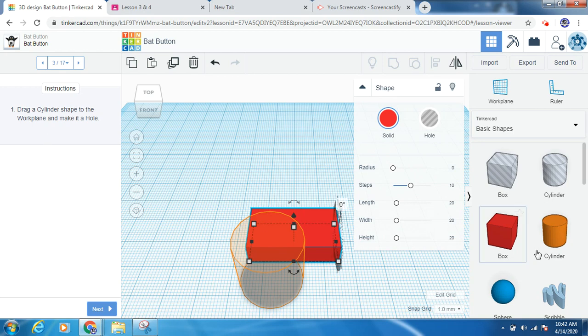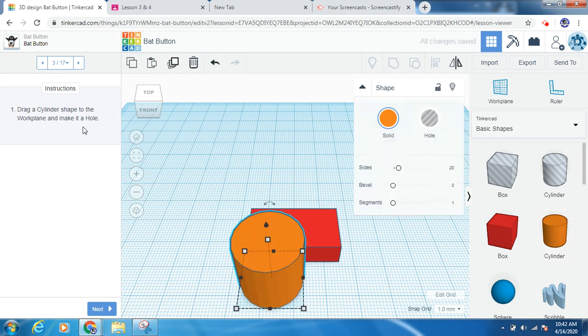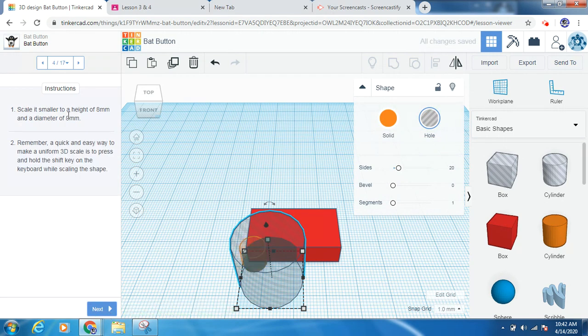So now I'm going to drag a cylinder out, and we're going to actually make a bunch of the same cylinders. Okay, so this cylinder, and it says make it a hole. I miss this all the time. So change it to hole, and then hit next. And we're going to change the height, click the height, to be 8. And then I'm going to click the top left corner, and I'm going to change this